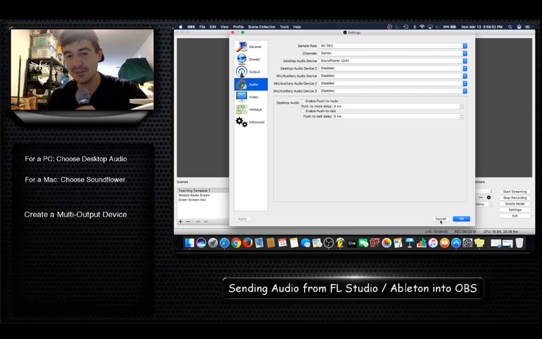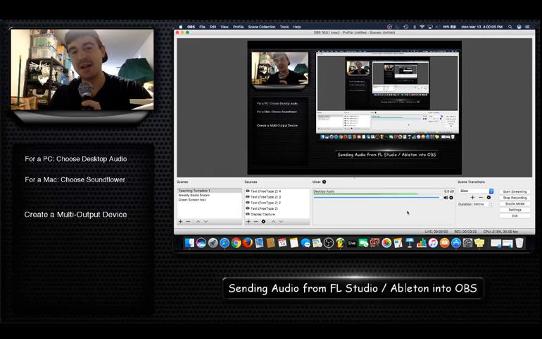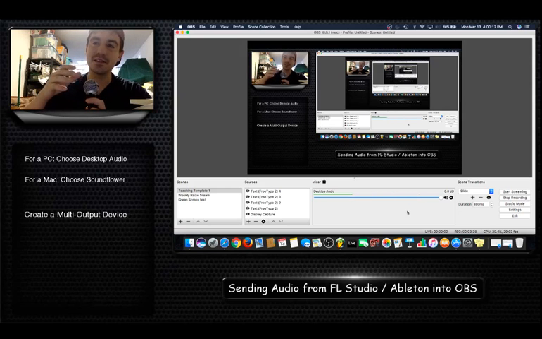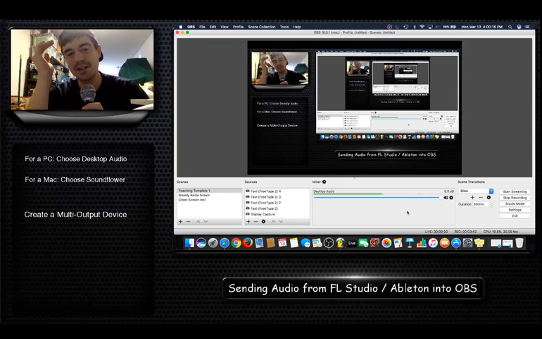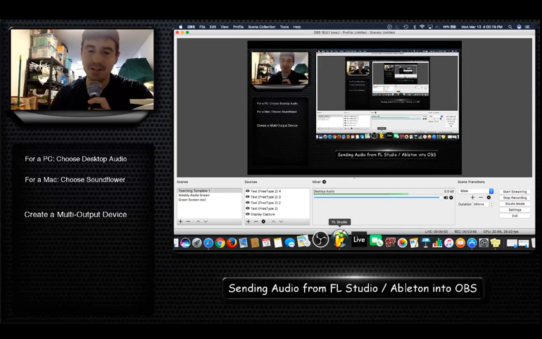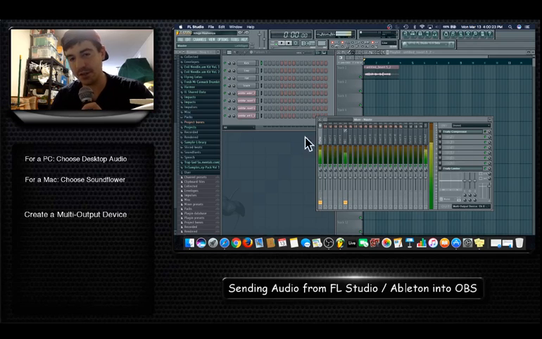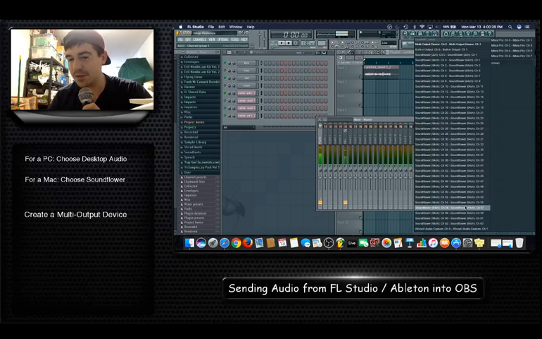Okay. Now it gets a little more complicated because this doesn't just solve the problem. There's something else you have to do. Okay. I thought this would work. I tried it. It didn't work. So you still have to route the audio from whatever you're using. And the problem is you think you can go into Ableton and use, or I'll use FL Studio. So you think you could come to FL Studio where the master track is here, and as the output, you think you can use Soundflower 2-channel, Soundflower, whatever, channel 1. See, there's all these Soundflowers. But you think you can use Soundflower 2-channel right here as your output. I'm not going to click it because it might mess up the audio, but